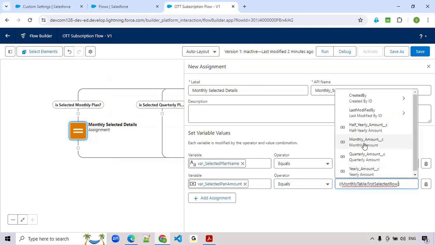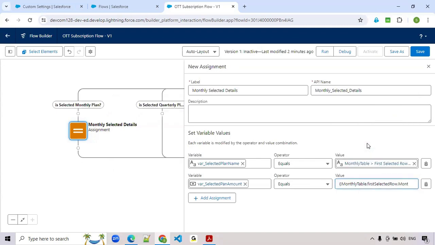So in this, we have to take it by the monthly amount. Which plan they are going to select, and the selected plan's monthly amount will be the return. We have to select from only the monthly table. In the table, whatever plan they selected, like premium or standard or basic, that plan name we have to store in this variable. And what is the amount of that